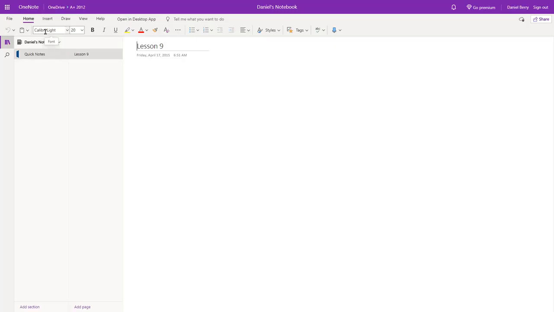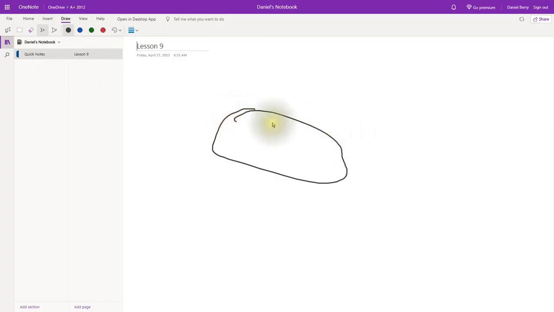Maybe you're a student at school and you're brainstorming. You can use this notebook and share it with other students, and then you can brainstorm ideas. You can actually go in and draw different things in here too. So if you wanted to draw something, say, here a rock or something, whatever you want to do for your brainstorming session.